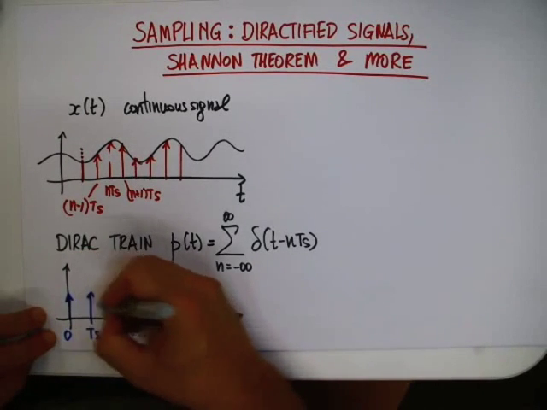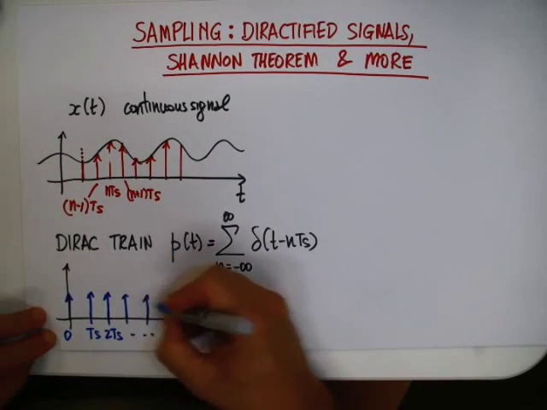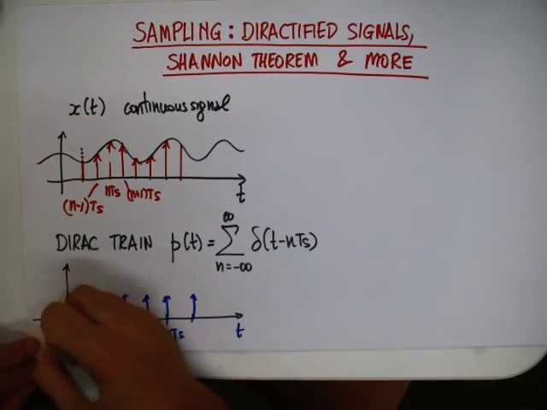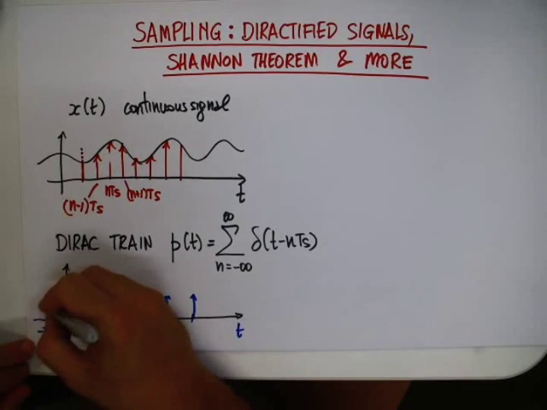So here we have how the Dirac train looks, also at minus Ts,